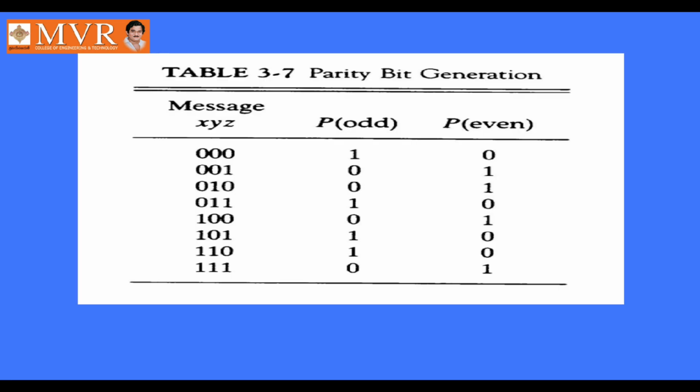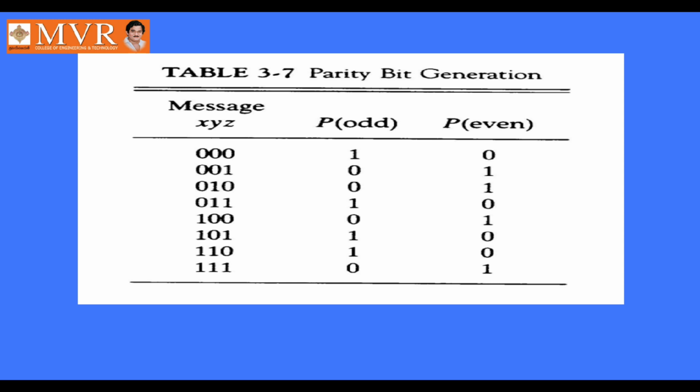Okay, just look at this table of combinations of data for odd parity and even parity. See the messages. The original message is 000. To convert it into odd parity, the total should be an odd number of ones. The odd parity bit is 1, whereas for even parity it is 0 only, because if you add 1 there, it will not be even, it will become odd. That's why we added 0.